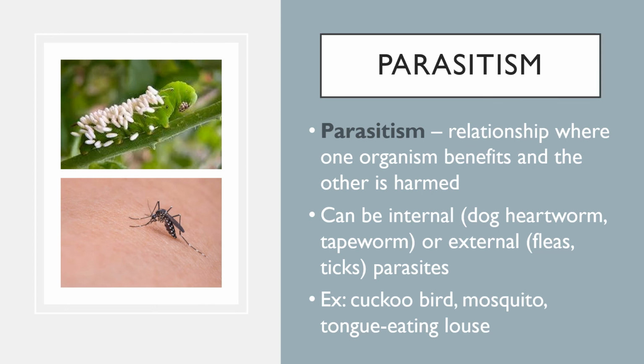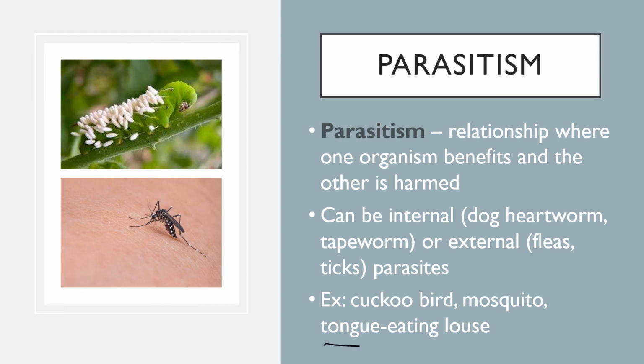They will lay their egg in the nest of a different species of bird. And the cuckoo bird will hatch, and it will grow much faster than the other type of bird. And it will actually steal all the food from the other babies and either starve them, or it will even push the babies out of the nest until it's the only bird left. And this other species is taking care of it. So it's a parasite. It's living with this other species of bird and taking advantage of it and harming their babies and killing the babies in order to live.